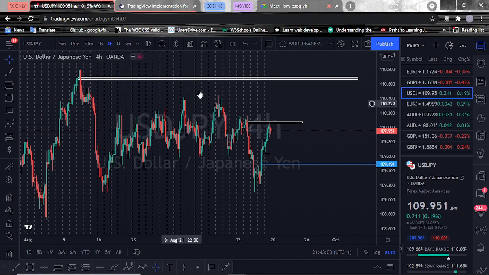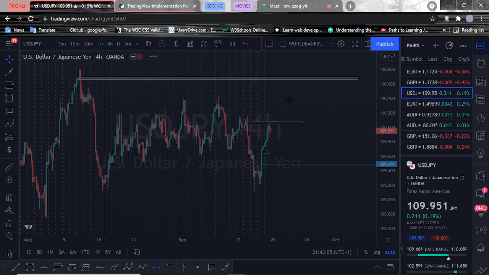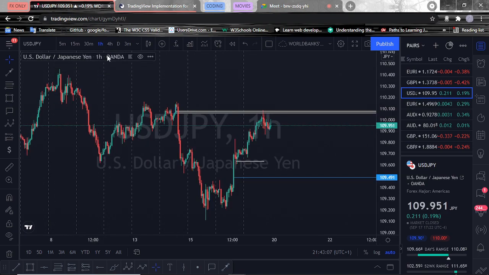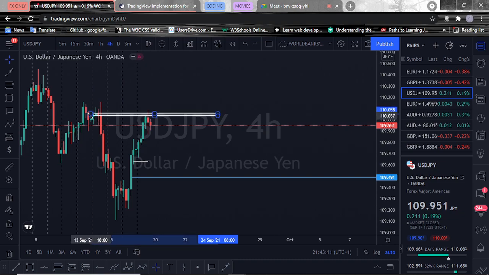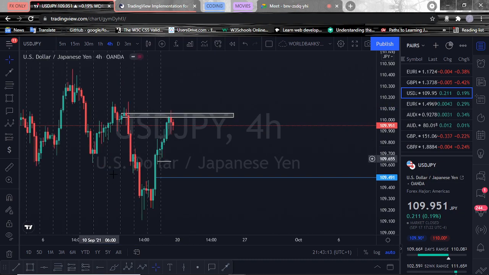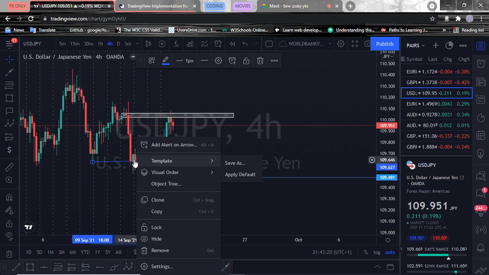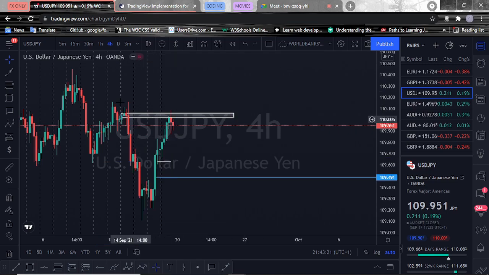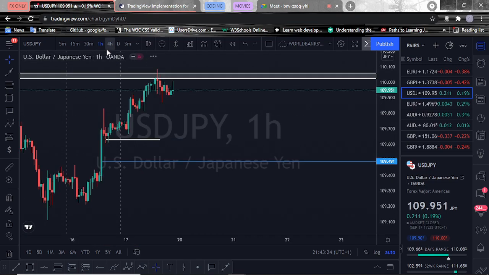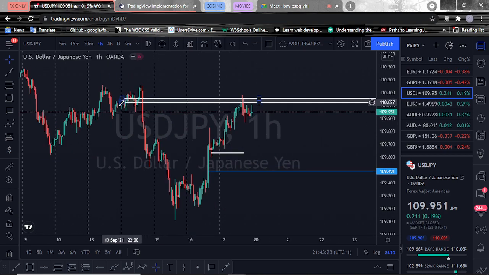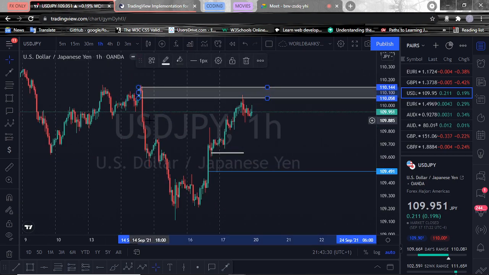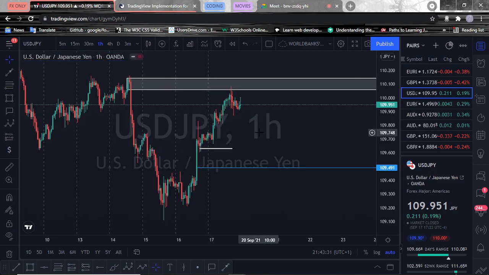H1. Order block on the 4-hour time frame. That's it. Nice break of market structure, BMS or BOS, whatever you call it. So that's the order block that was formed. Then going to the 1 hour, I adjust, and if you don't adjust, then no problem at all. That's the order block. Now the market has mitigated it already, but